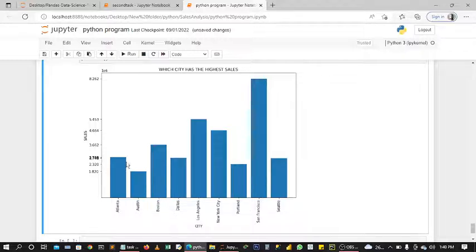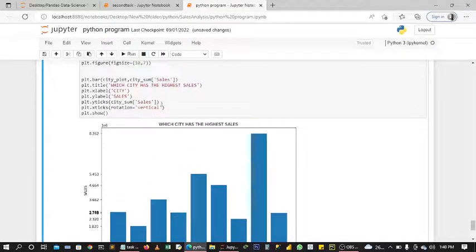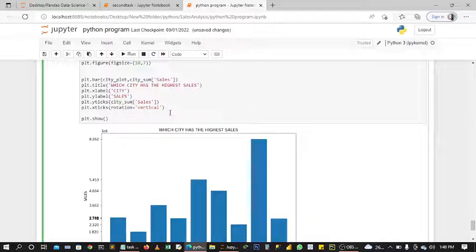C2. They are almost at the same line, so it will be very hard for you to differentiate or to trace it to know the one that has 2.78. So adding grid lines helps you to trace it quickly and know where it falls. So to add it, plt dot